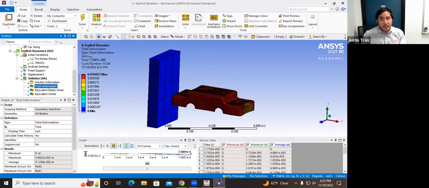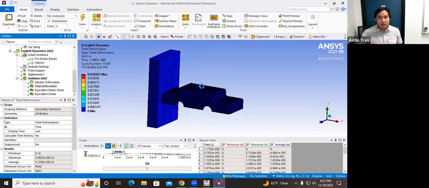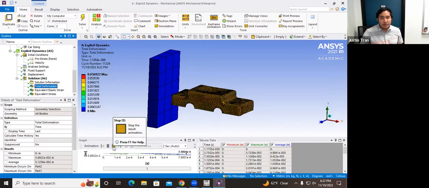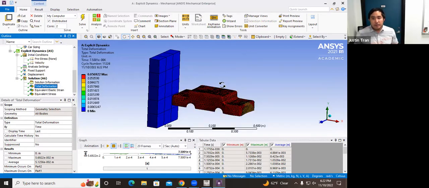Another thing that you'll notice is that if you view the total deformation plot, it's actually a little bit misleading, because if you look at the total deformation, it makes you think that if you stop it right at the beginning, the entire car has this really large deformation. Okay? And so deformation is actually pretty misleading in dynamic situations because the way that deformation is measured is that